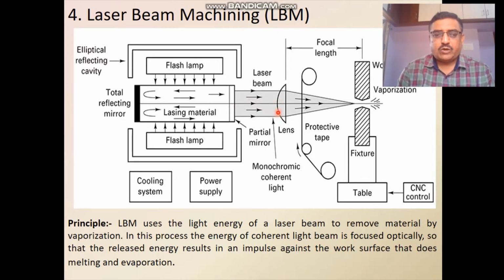After that, optical lenses are provided so that all these laser beams are collected and concentrated to a very small point. When all these light or photon rays are collected to the point, it can produce a very high temperature, which falls on the workpiece at a point and produces melting and vaporization of the metal. In that way, small cavities, small holes or machining of the workpiece takes place with the help of the focus of the laser beam on the workpiece.